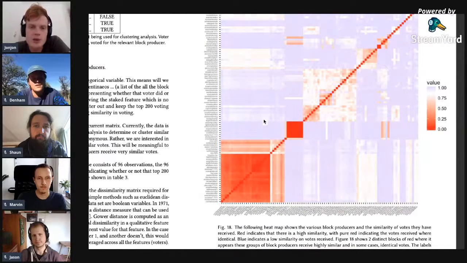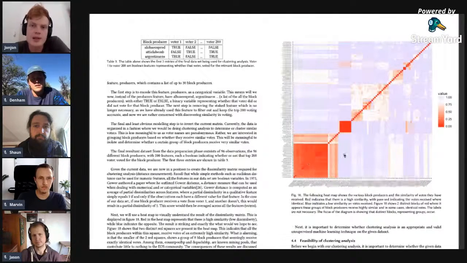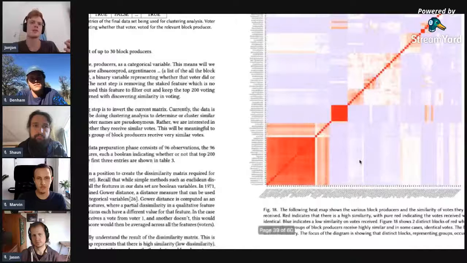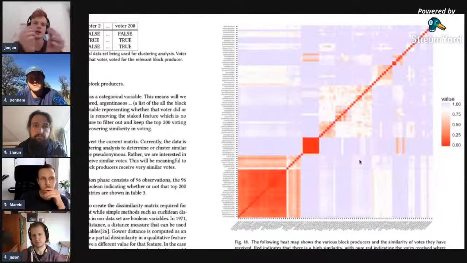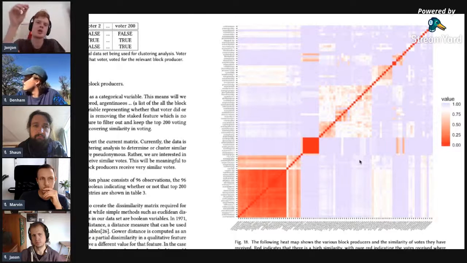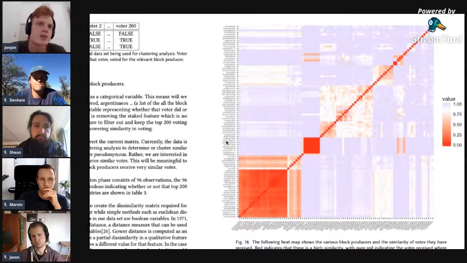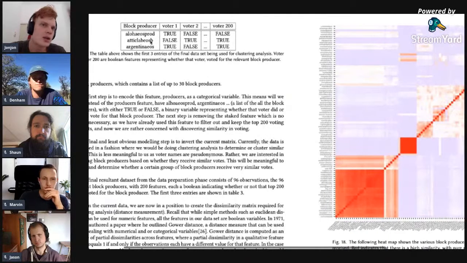The next cool plot uses a dissimilarity matrix, as I said, which was computed using Gower distance. In order to compute a dissimilarity matrix, you want to see how similar things are, how close together they are, and to figure that out, you have to have some metric of distance between two objects. So you have to be able to measure the distance between this observation and this observation. And how do you measure the distance between these two observations?